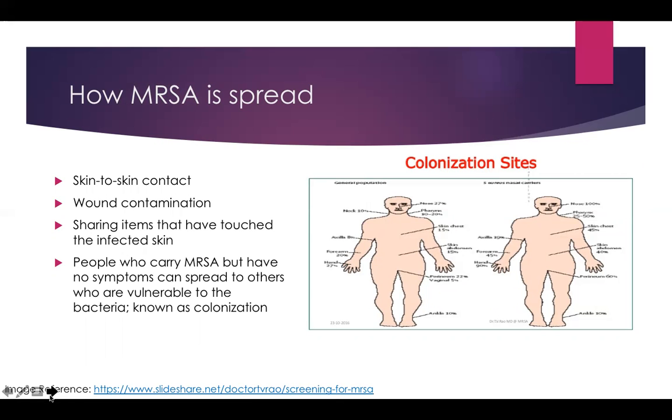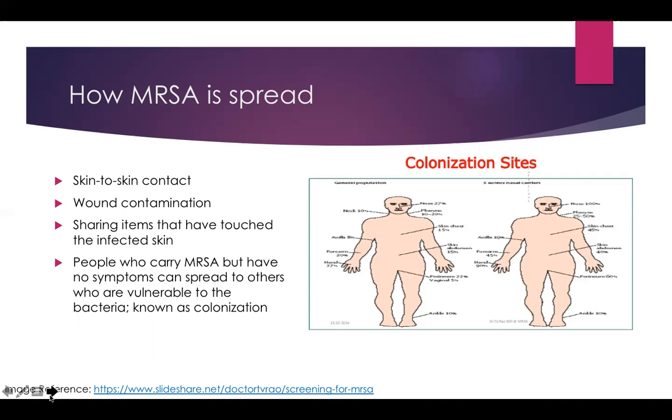There's colonization, which is people who carry the MRSA, but they have no symptoms. So, they might not know that they have it and they can spread it to others who are vulnerable to this bacteria. The image on the right will show the more common colonization sites like your neck, your forearm, your hand, your ankles, etc. Wound contamination is definitely another possibility because of the bacteria, and then obviously sharing items that